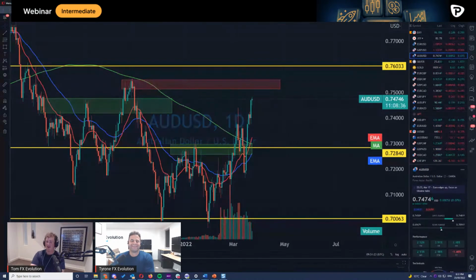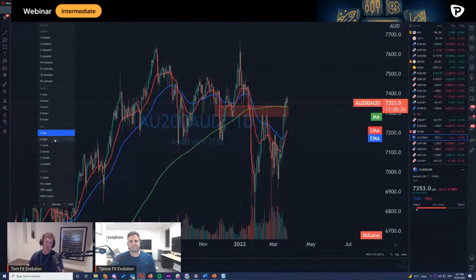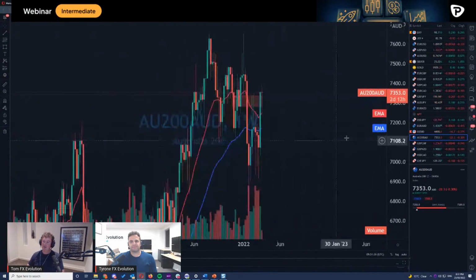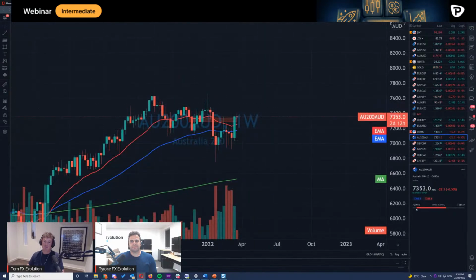We need to be trading the markets, Paul. So we've got here ASX 200 is another question, and yeah, I mean we can obviously load ASX 200 up. As we mentioned before, the Australian dollar has been very strong. The ASX market is very strong, and at this stage, it's one of the ones that's held up the best, isn't it, Tyrone?